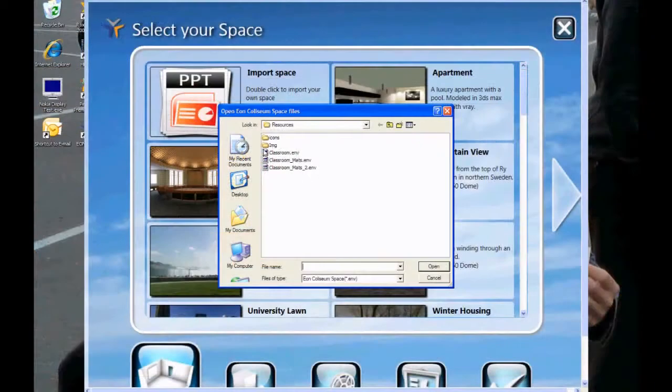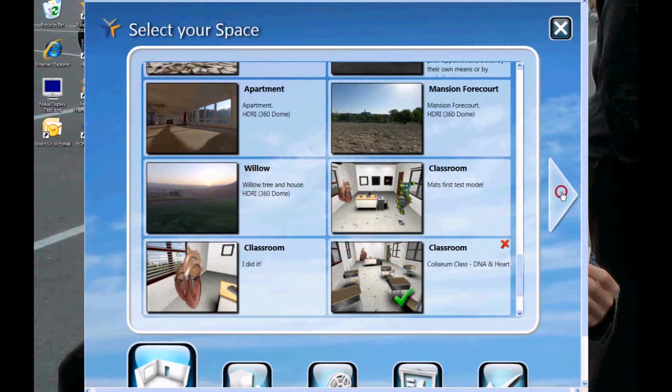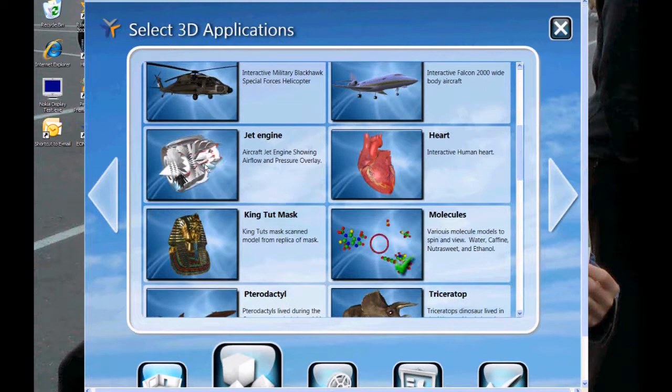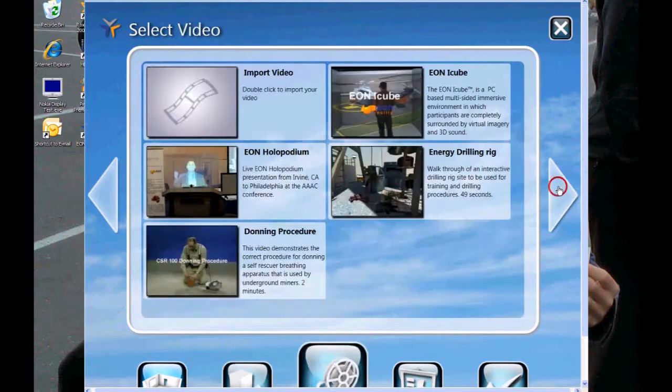Now we're over in the Coliseum environment, and I simply click Import Room, and I select the room that we just created. And then the next step, and this is typical for any Coliseum simulation, I can select a few interactive objects that will then show up on the panel that I added to the front of the classroom,